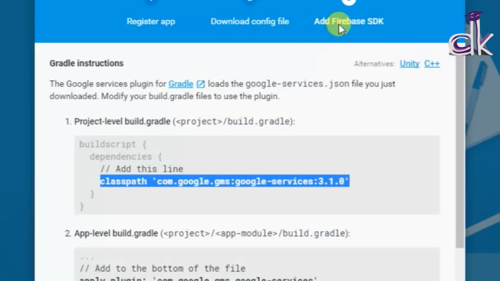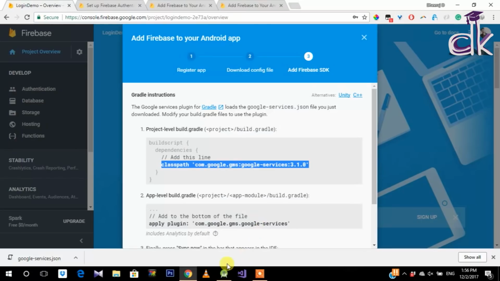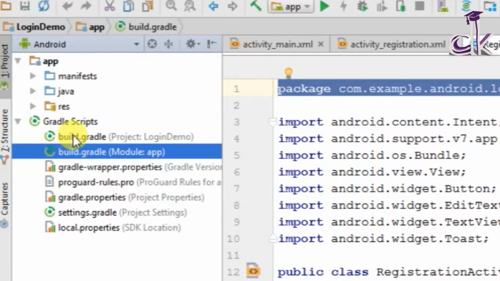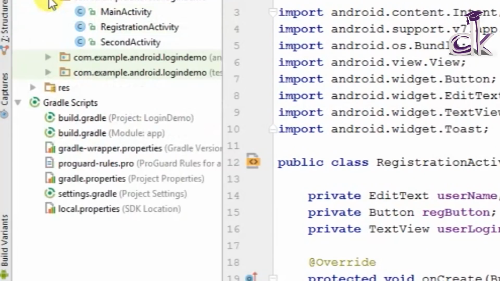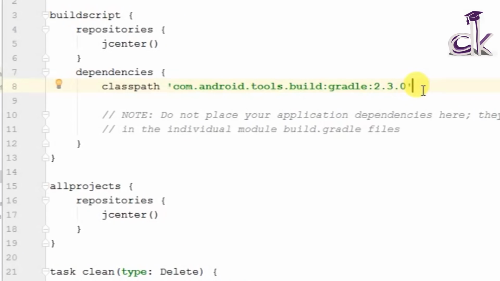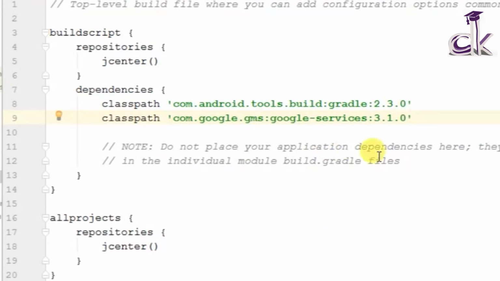So the last part is to add a couple of URLs onto your Gradle file. Firstly, let's add the first one into our dependencies inside the root Gradle file. So go to Android again, and here you can see that under Gradle Scripts I have two Gradle files. You must go to the root Gradle file, which will be shown as Project: login demo beside it. So click on that, and under dependencies just add this line, and also